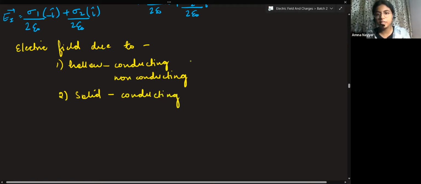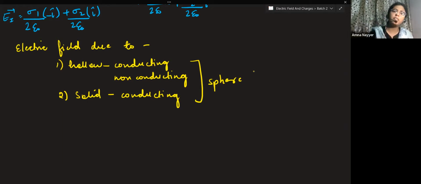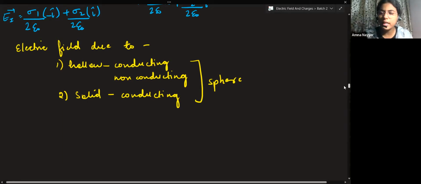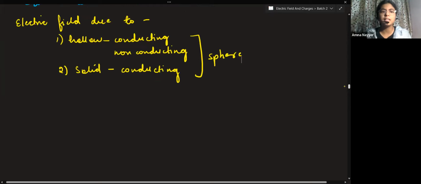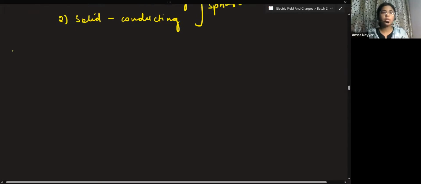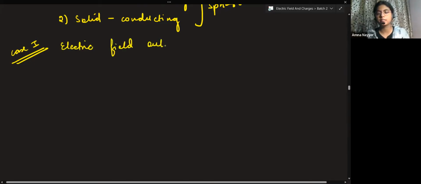So electric field due to these three all are equal. These three spheres all are equal cases. So we'll do one derivation that will cover all of them. So there are three cases that we get in this. Now see, if your point lies outside, if you have to calculate electric field outside the sphere,